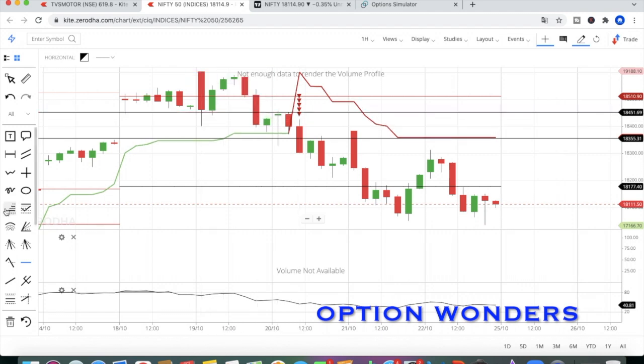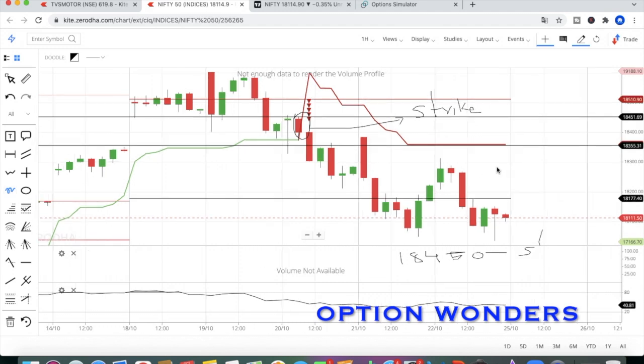I'll show you which candle you have to take, because this is the candle you have to consider for selecting the strike price. This candle will help us select the strike price. Now what is the strike price? 18,450. So 18,450 is the strike price, and what was your spot price? The spot price was 18,350, right? Now you can sell it.